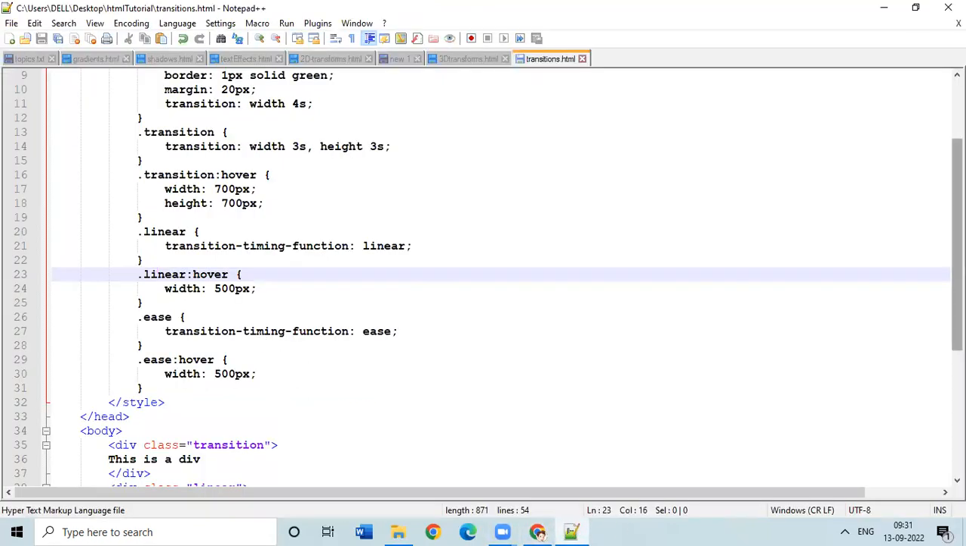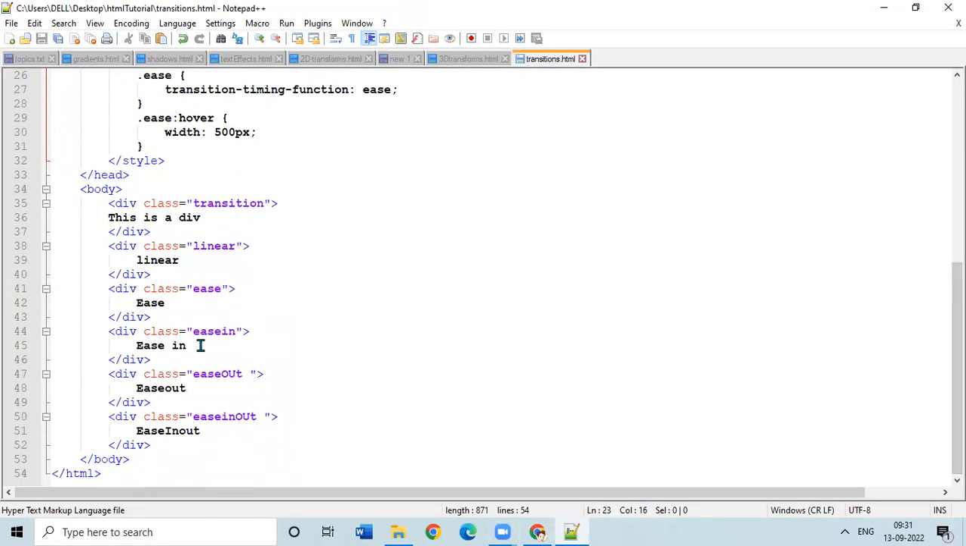See, it is coming, starting slowly. Linear means from the start to the end the same speed. See, it is fast in the middle, and at the beginning and the end it was slow. That is ease, which is the default one. And we have another property, ease-in. Copy this class,